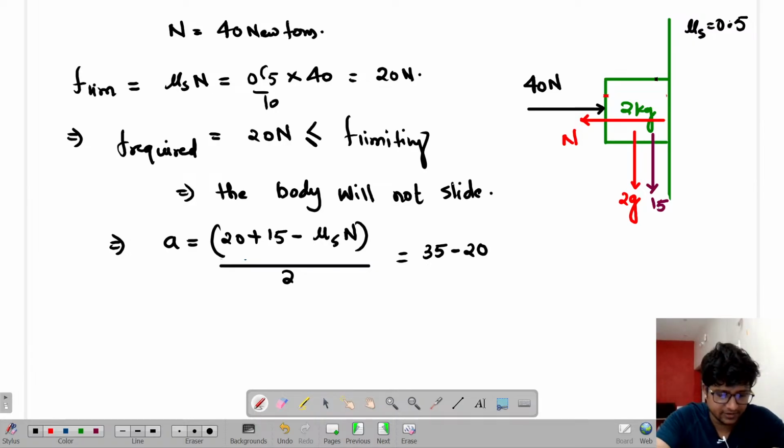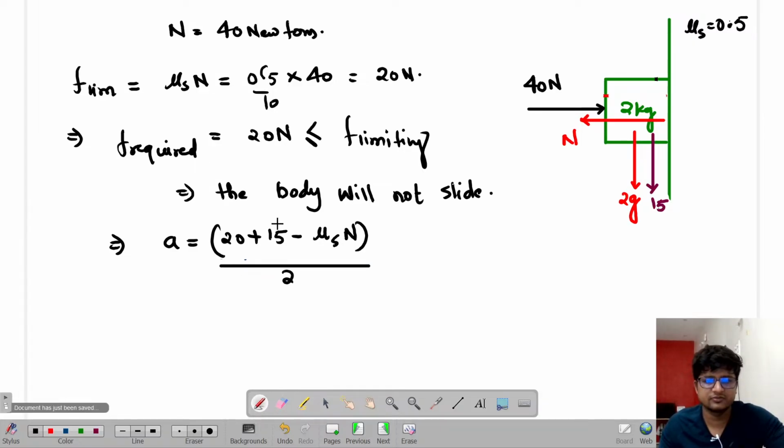So if it is 35 minus 20, then the answer should come... उसमें एक्सेलरेशन नहीं पूछा है ना, लेकिन मुझे वही लग रहा है कि ये 15 न्यूटन इन्होंने अलग से एक्स्ट्रा जो ऐड किया हुआ है ना, ये थोड़ा क्वेश्चन में कुछ गलती किया हुआ है, ठीक है।